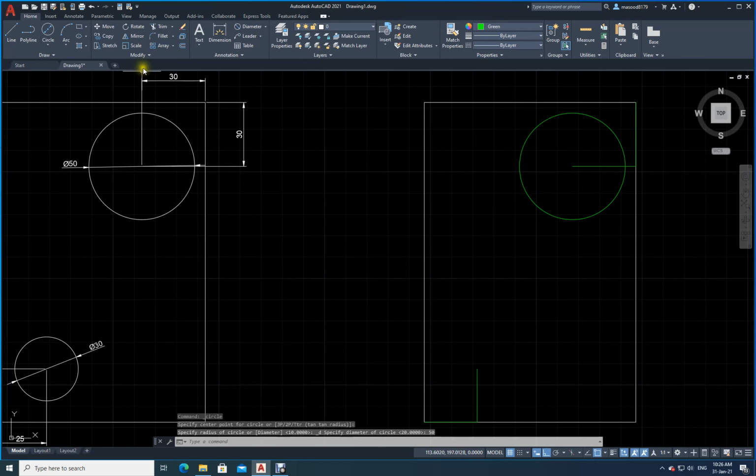Now similarly I need to draw another circle. Come and select from this end point. What is the diameter? Diameter is 30. Select. Okay. So now I have got both the circles properly drawn. Now what do I need to do? I need to delete this line work. This line I have to delete. Click on this line. Similarly click on this line. I don't need this. Click on this. Go near. Click on this one. That is your left mouse button. Then I have to just press the delete command.